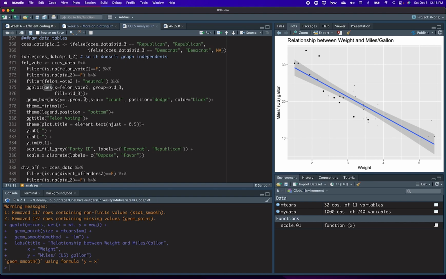So you've got the aes, you've got the X and the Y, and then you have a bunch of different arguments that add different things to the graph. So geom_bar, so it's going to be a bar graph. And then I gave it a theme, and then all this different stuff, which, some of it I don't even remember what it does. This puts the legend at the bottom. Clearly, this throws a title on there. This adjusts the font size of the title. And then I didn't want an X and a Y label for some reason or other. I don't remember. But anyways,